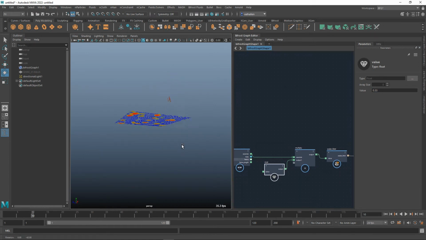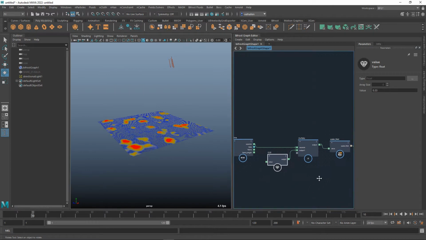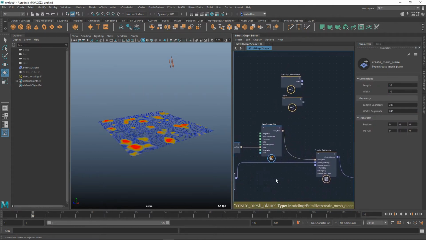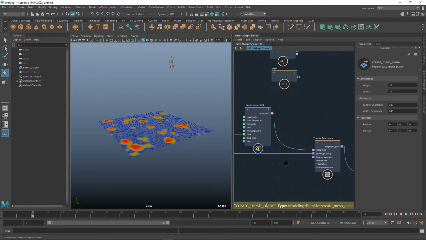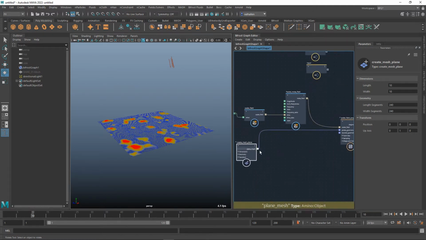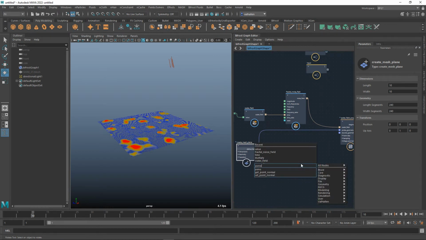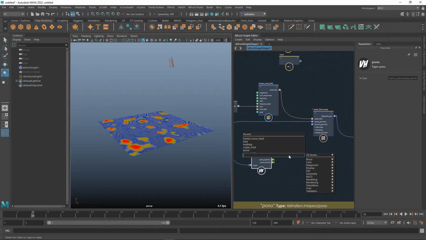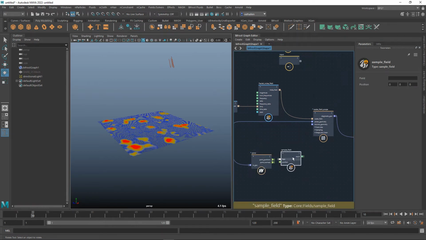The next thing I have a burning desire to do is maybe visualize this field. What can we use this field for? Well, you can use fields for a lot of things. What I'm going to use it for is to generate some sort of landscapey type stuff. So I'm going to take my mesh. I'm going to get its points and normals, like this. And I'm also going to throw down a sample field. So just like locations and closest positions and rays,